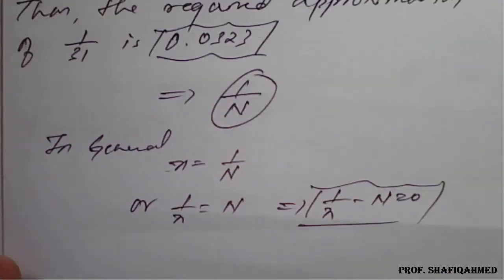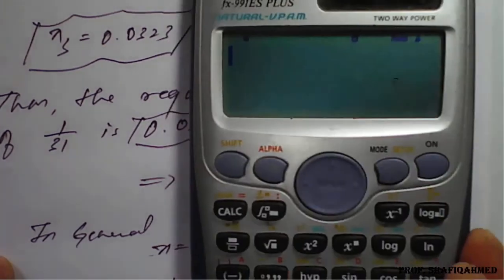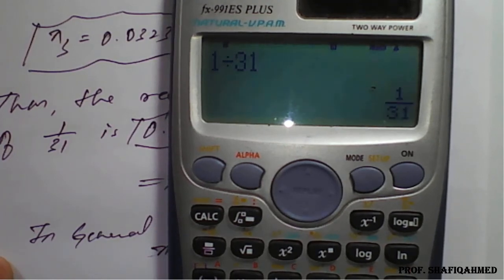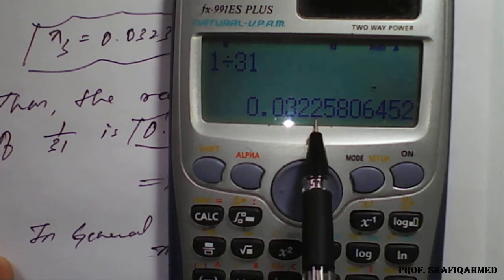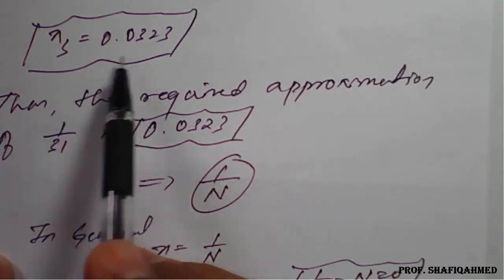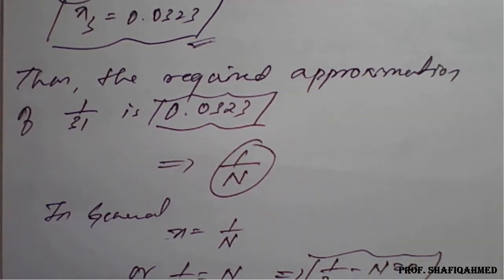So you can see here what previous answer we got, so I will show you directly. Just check the answer of 1 divided by 31 in the calculator directly and see the answer. You are getting 0.03225. If you round up to 4 decimals, 0.0323, you will get it directly from 1 divided by 31, and by using the Newton-Raphson method we got the same here. So in this way we need to work out a problem of such kind.